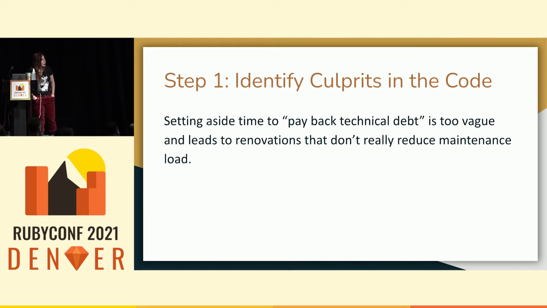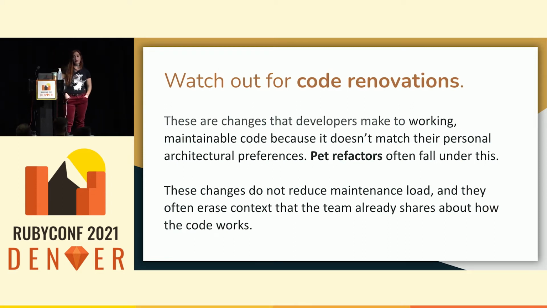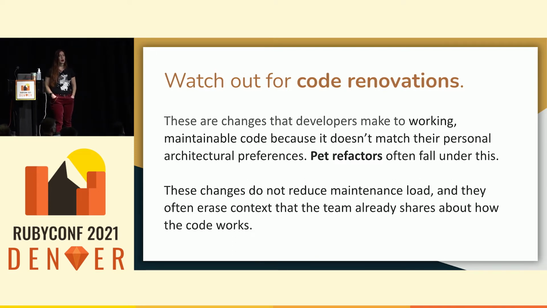That brings us to an uncomfortable, potentially, conversation, which is the conversation about code renovations. The reason that this is an uncomfortable conversation is that many of us, myself included, have done this thinking that we were materially improving the code base. What is a code renovation? It is a change that developers make to working, maintainable code because that code does not match their personal architectural preferences. The reason that I call it code